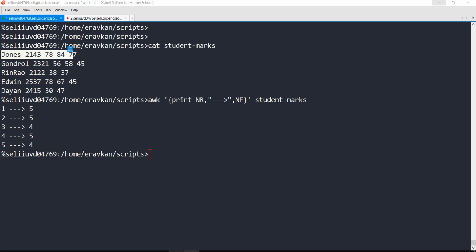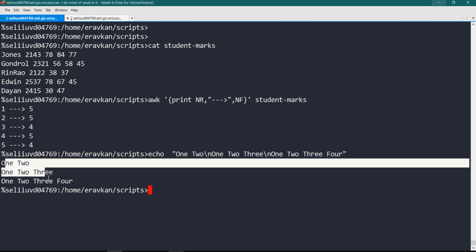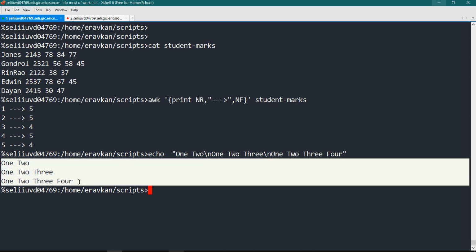Okay, let us take some example of number of records. This is a very important concept. This concept should be clear if you want to do awk programming. So let me take some example of number of records. Suppose I use the echo statement. This echo statement is giving these 1 2 3 lines to me, so it contains 3 records.